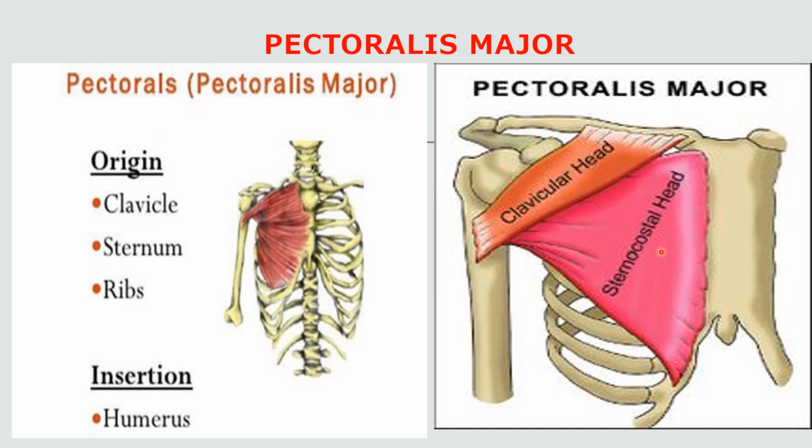Now the nerve supply. What is the nerve supply? The pectoralis major is supplied by the medial and lateral pectoral nerves. So the medial pectoral nerve reaches the muscle and pierces the pectoralis major, whereas the lateral pectoral nerve pierces the clavipectoral fascia, that we will discuss in further slides. Okay. What is the action of this pectoralis major?